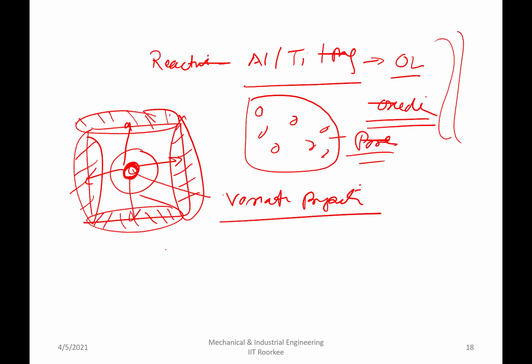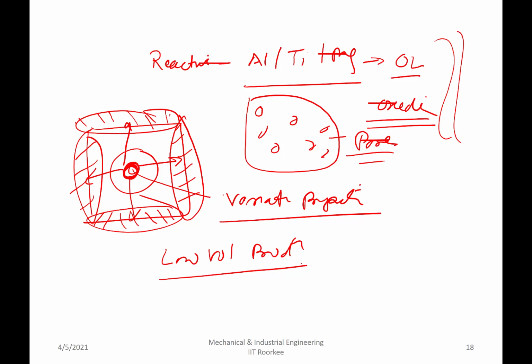These processes are good for low volume production, although very small products can be produced, many in one go, like 10 carburetors in one go, 5 wheels in one go. So if the size of the product is small, probably even high volume products can be made. But when the size of the product is big, then certainly the number of units that can be made by the casting route is very limited.